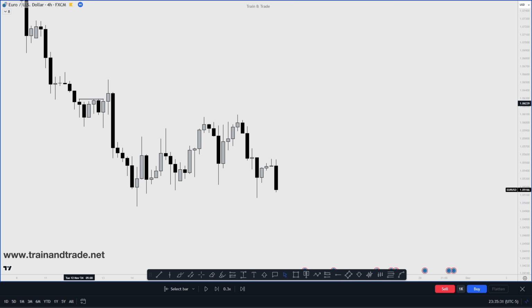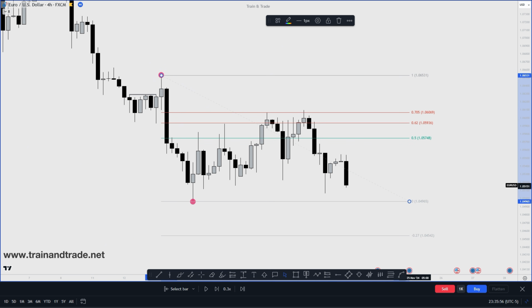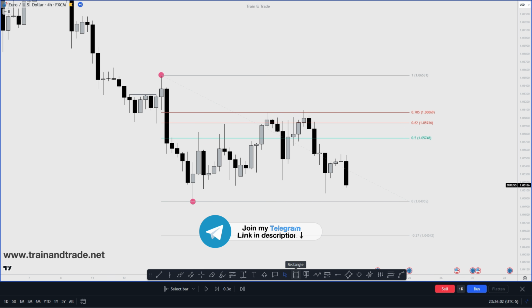Now this is the 4-hour time frame, so you can see that there was a little bit of a consolidation. The market ran the liquidity above it into this imbalance, and we had a big displacement leg lower. So we know that the market has this swing high, this swing low, and now we know that we're going to be in this trading range. So now we understand this. Inside of structure, typically the market will come back into some sort of premium in this area. So we draw the swing high down to swing low, and we know that the market is going to come above the 50% mark into 62, 70, and then we can look for any types of imbalances, order blocks, etc.